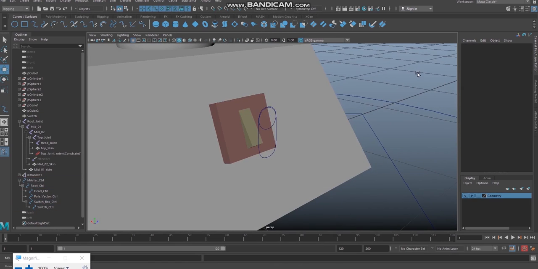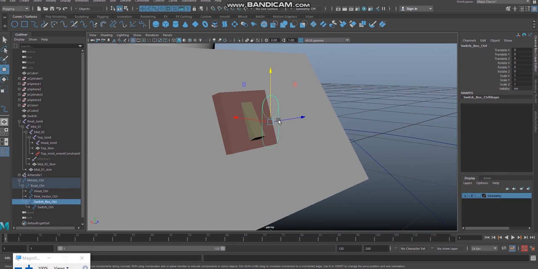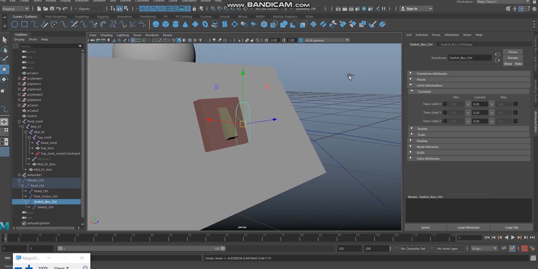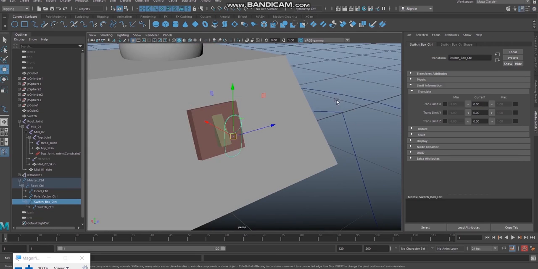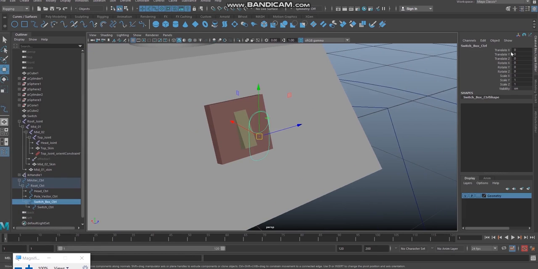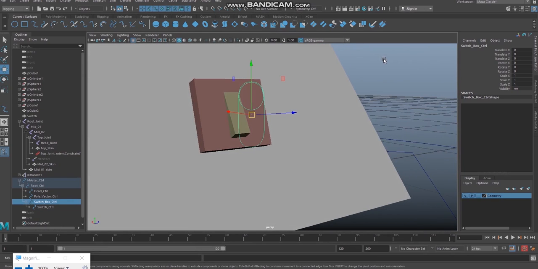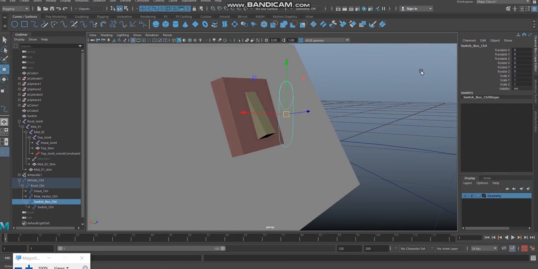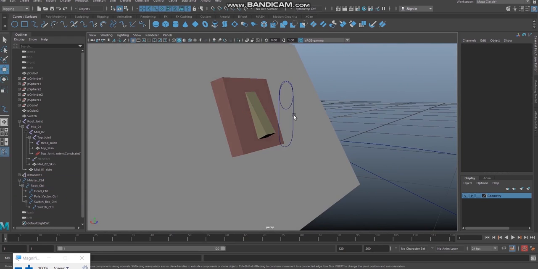Okay, so now what about this one, switch box control? This can move anywhere, right? And that is also not good for our rig. So what can be done for this switch box control? I want to make it static. I don't want that to be moved. Okay, so for that, for the switch box control, again I'm selecting the controller curve,